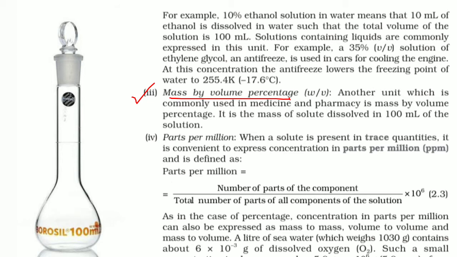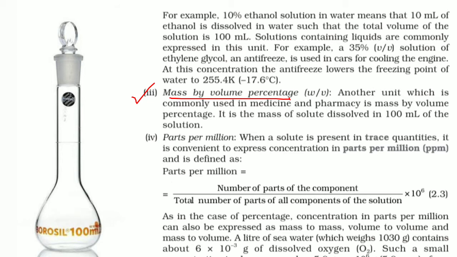W by V means how much weight is present inside that solution. Mainly it is represented by the amount of that solute or component in gram or sometimes milligram